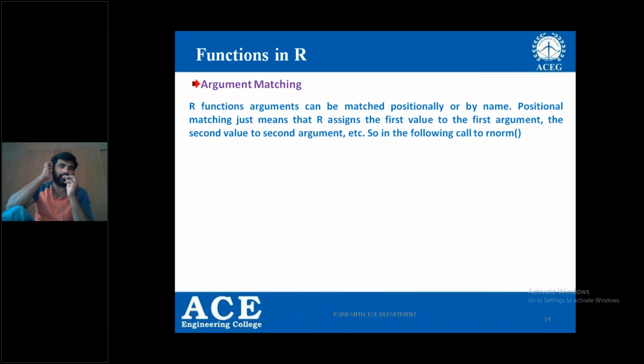Argument matching. Basically here, for example, I'm defining the function f, and f is taking 4 arguments. I'm defining the function for finding the variance of any density function, or autocorrelation of two density functions.